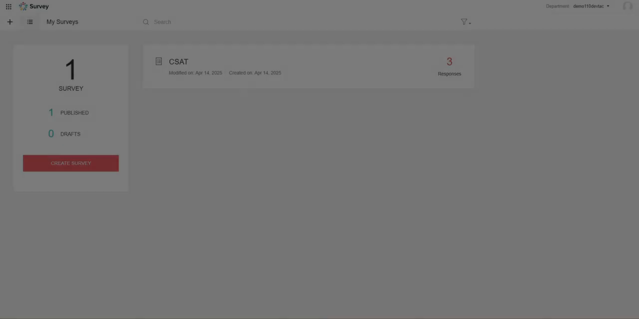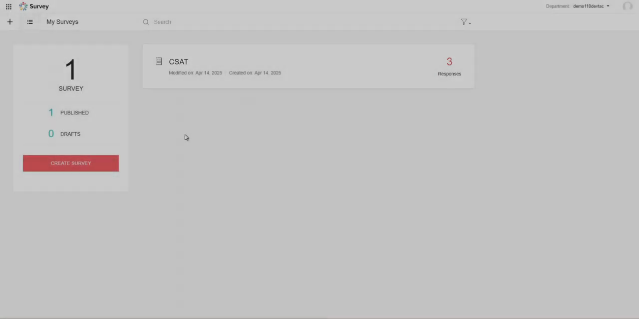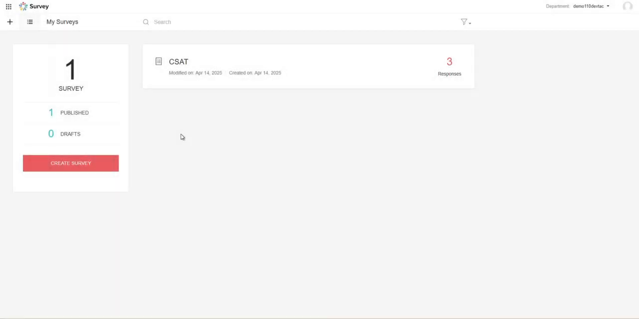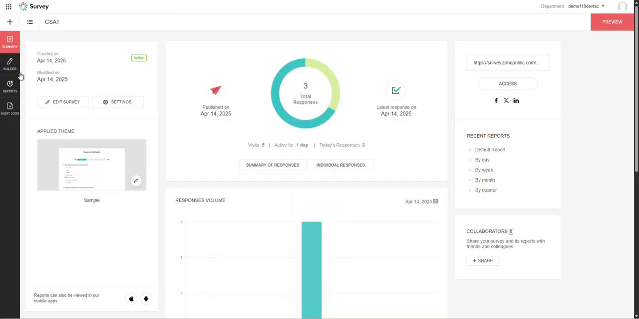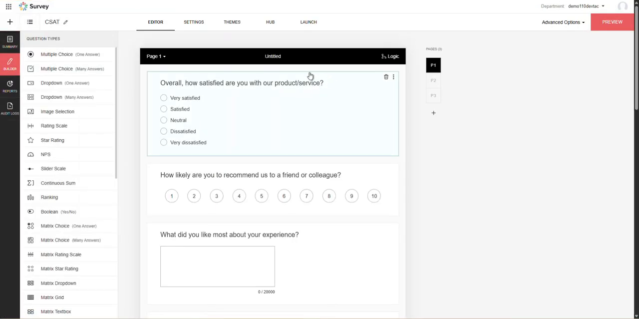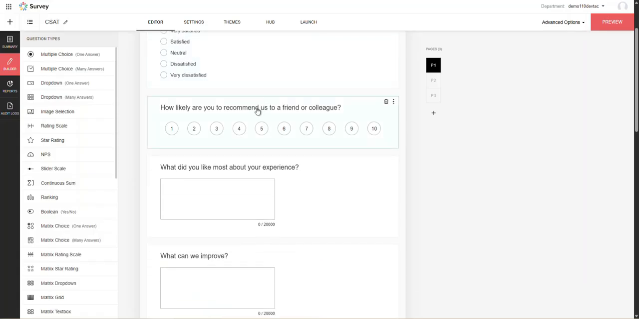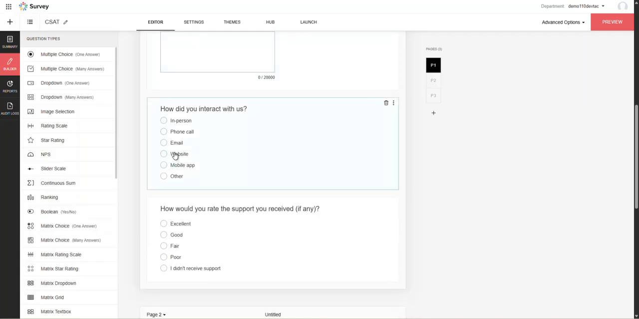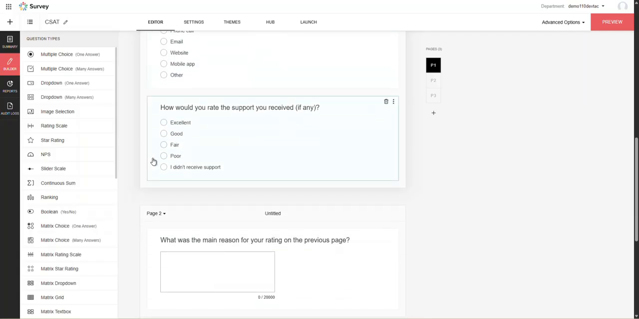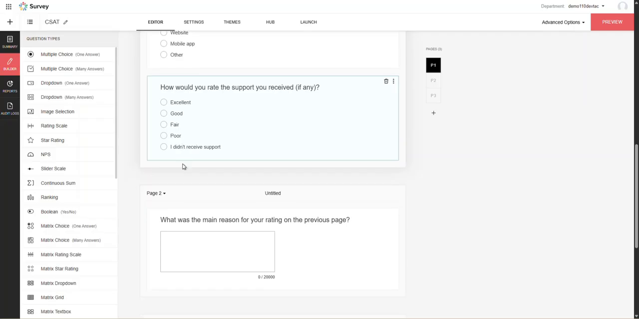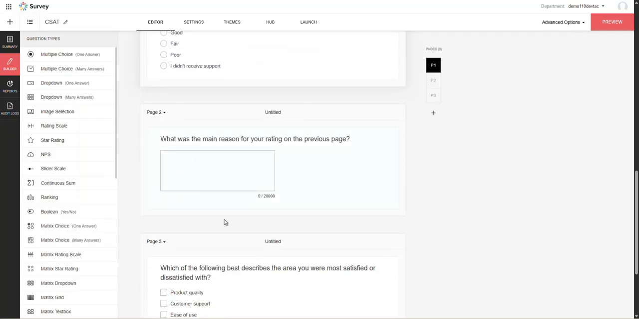Hi, in this video I'm going to show you guys how we can use skip logic in Zoho Survey. To use skip logic, we need to access the survey. I have here a CSAT survey. Just need to click on that. Then go to builder. This is how the skip logic works: if you have a question here and that question matches the condition, depending on what page you want to skip,